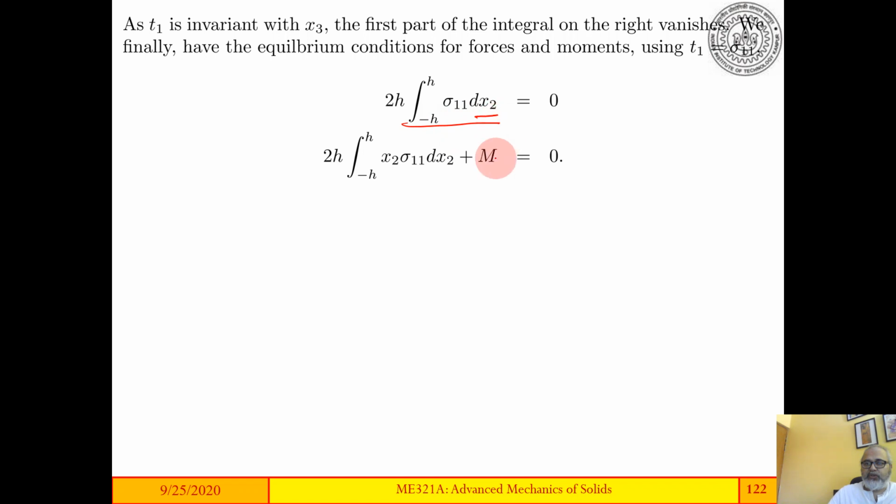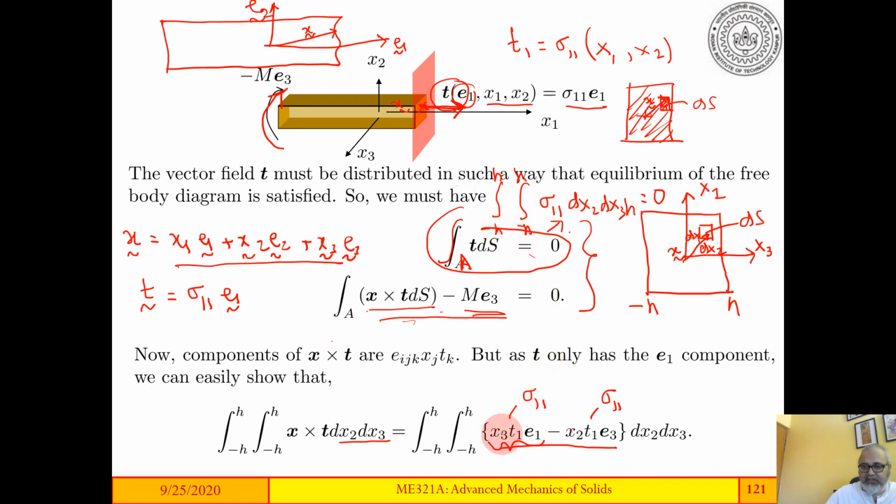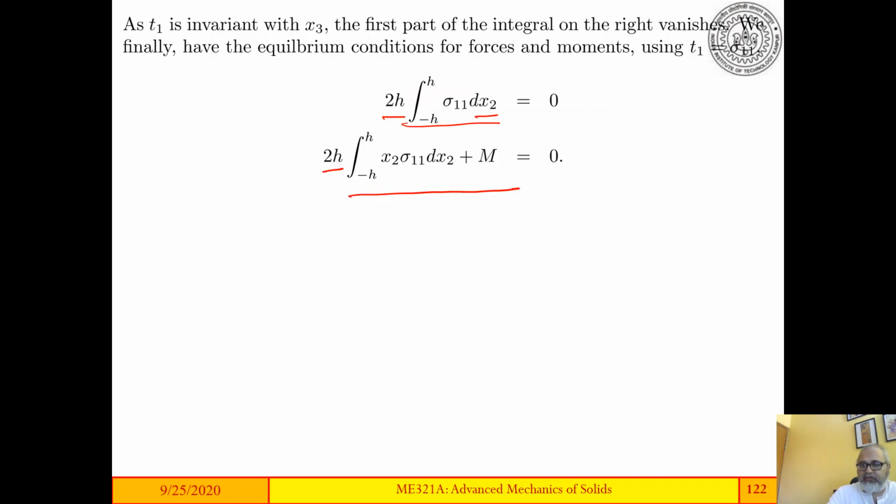So this is the force balance, and this is the moment balance. You get this 2h because things don't vary in the x3 direction, and in this integral here, t1 is not a function of x3, so when I take this integral, you get 2h out. So you can do the integration over x3 in a very trivial manner. It gives you 2h, and you are left with these two. So these two are the equilibrium equations that you get from your force balance